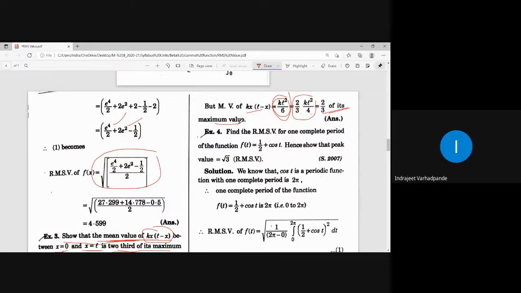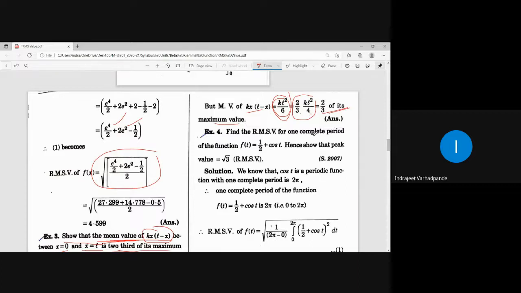So it's very simple. We will just be finding out the integration, applying the formula of the mean value, getting it done, finding the first derivative, equating it with 0, getting the value of x, checking whether the second derivative is less than 0 or not, and then trying to show the connection or the relation between the mean value and the maximum value.